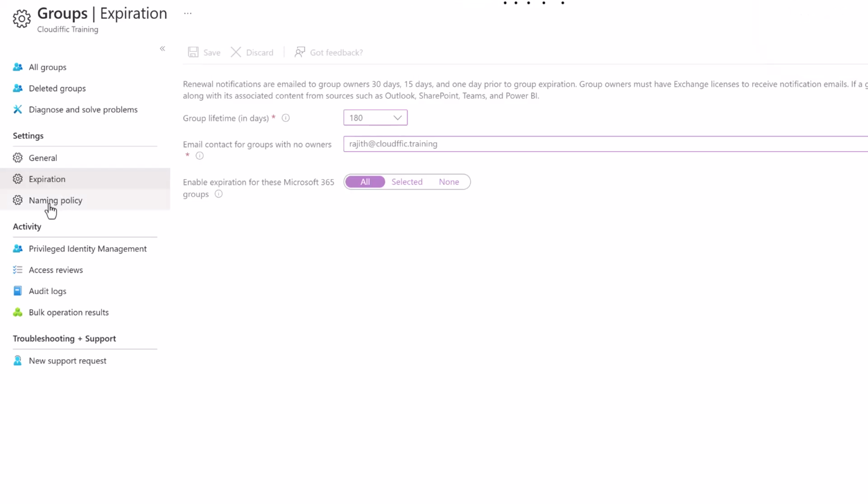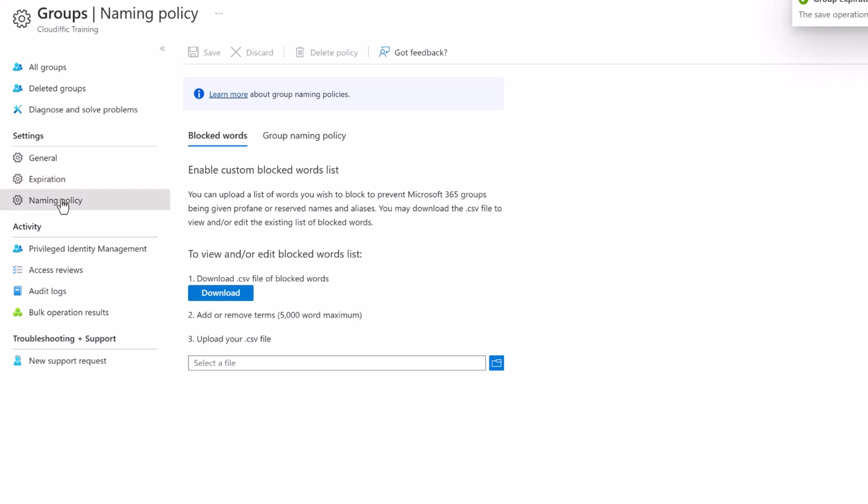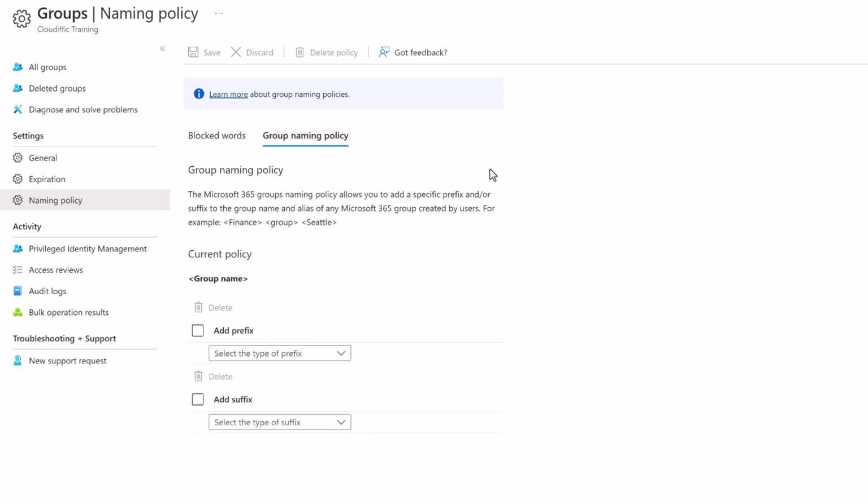Now, while that is saving, we have the next option, which is naming policy. So here we have 2 options. One is a group naming policy, so let's click on that one. You can add a prefix and a suffix to the group name that you construct. So if you have some naming conventions within the company, in which you add a prefix like the location of the group or the team that is using that particular group, and a suffix, so you can add those options here. So you can just say add a prefix, check the box,